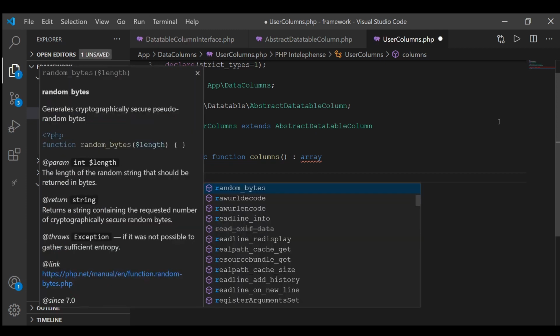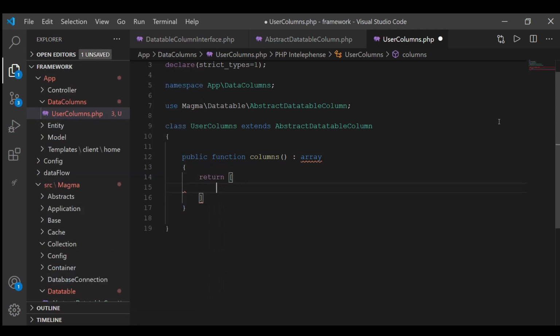So I'm going to say return an array, and within this return array, I'm going to return an array of columns within that database table. So I'm going to say array, and I'm going to define some keys and set some value. So we're going to say db row, and that's going to be the column name in that database table, and the first row is going to be ID, right? Now I'm going to also set a next one called DT row,